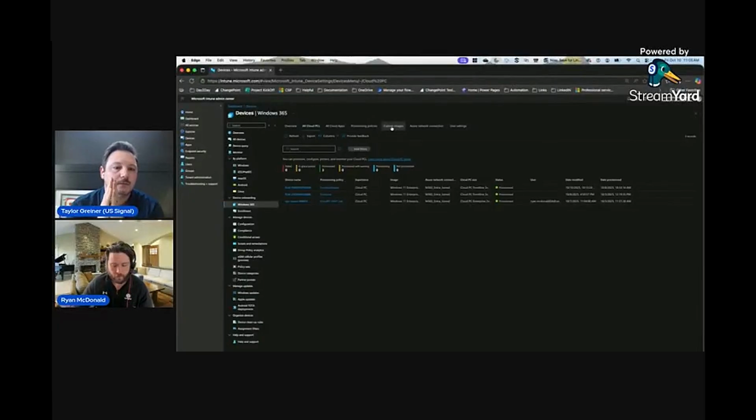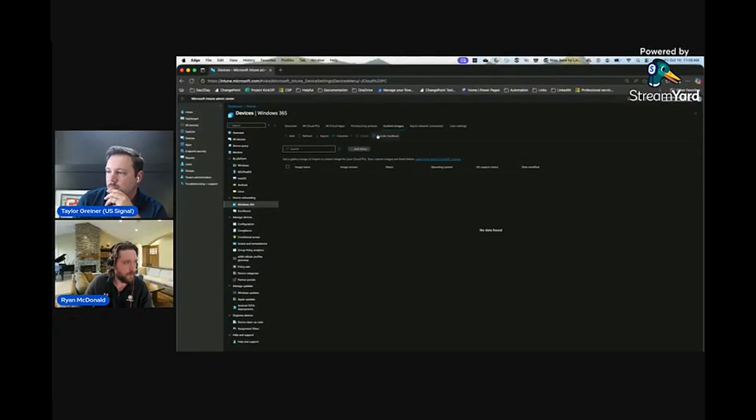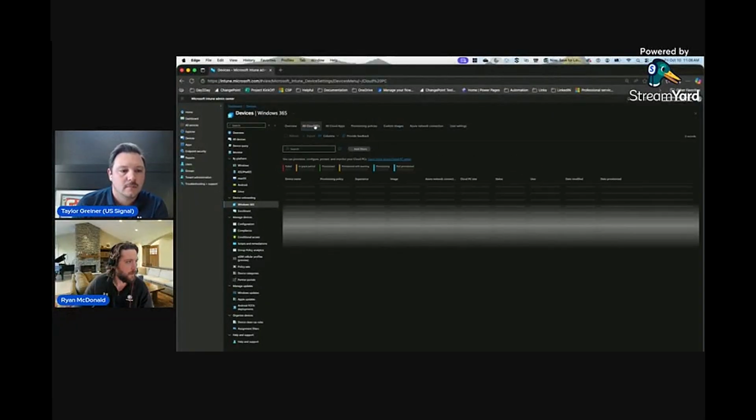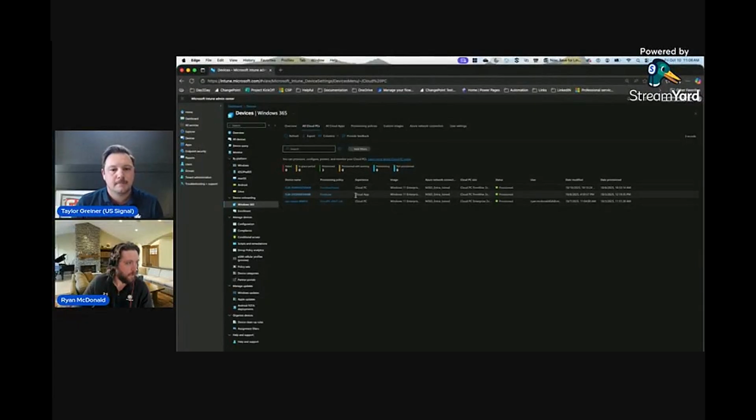What's nice there is if, let's say, you have a custom image that you've been using for deployments with MDT or something like that, you can upload that custom image here and deploy that to your cloud PC. Originally, when Windows 365 came out, it was just for that Entra-join piece. But now they have moved to where you can still have an Azure connection back to your